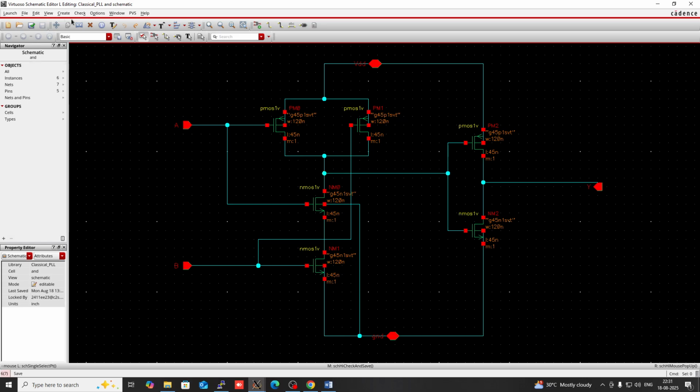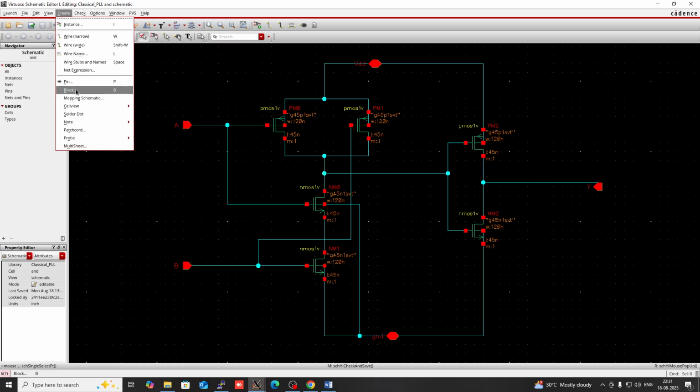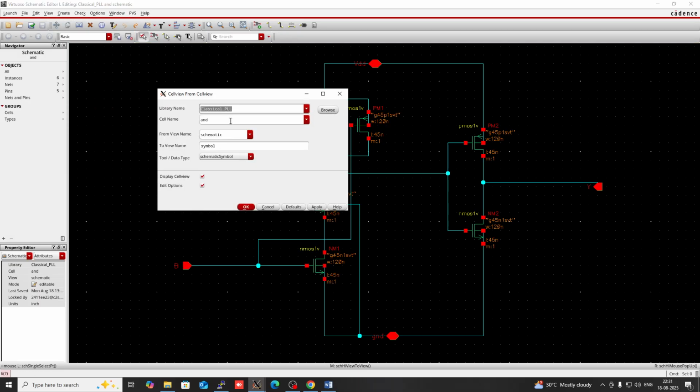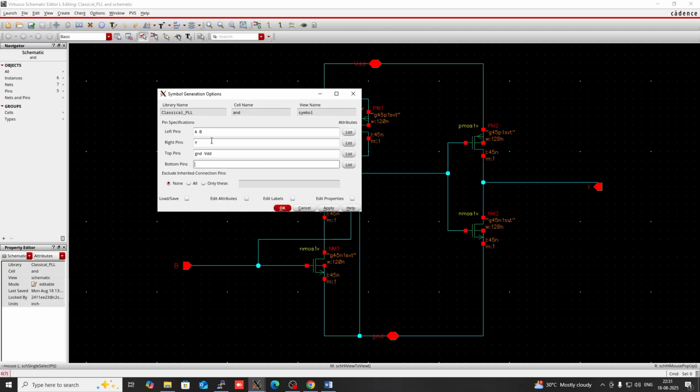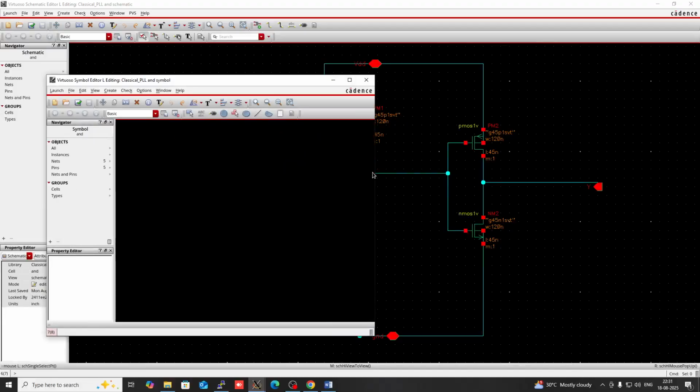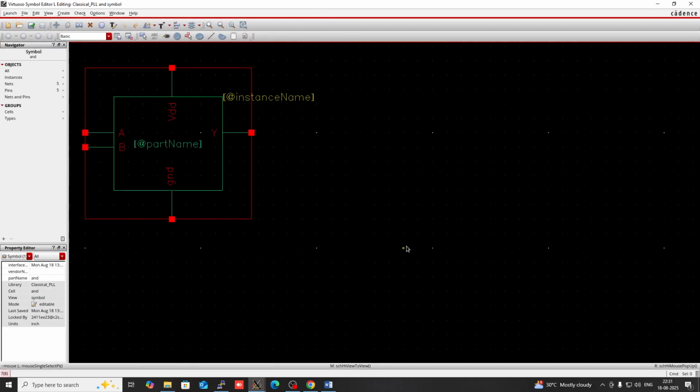Then I have to create the symbol of this AND gate also. So go to create, then in cell view, from cell view press OK. Then A, B will be the left pins, Y will be on the right. So this time I am going to create this ground at the bottom. Okay, so this is a symbol of the AND gate, but it is automatically created by Cadence, so I'm not going to